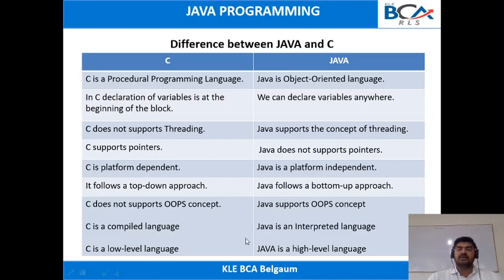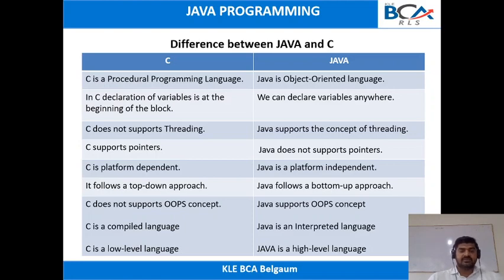Next, you need to run the C code directly. In Java, you have two parts: first the compiler, second the JVM. First you compile the Java program using the Java compiler, that is javac. Once you compile the Java program, you get the bytecode, that is the .class file. That .class file or bytecode is given to the JVM. The JVM will interpret that code and produce the result. That's the reason Java is both a compiled as well as interpreted programming language, and C is only a compiled language.